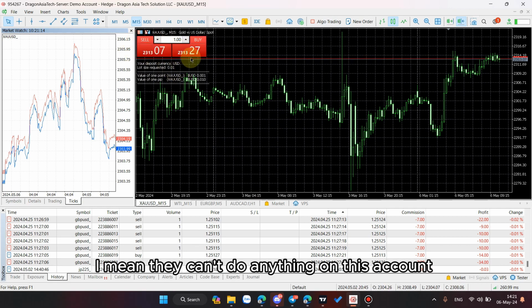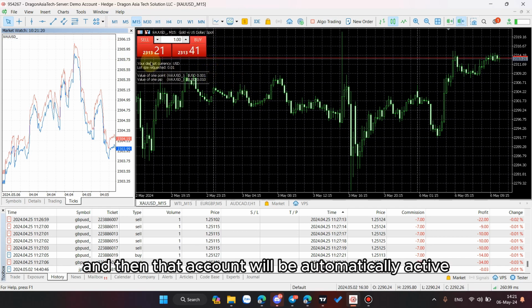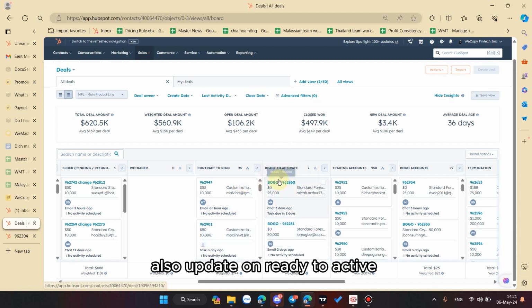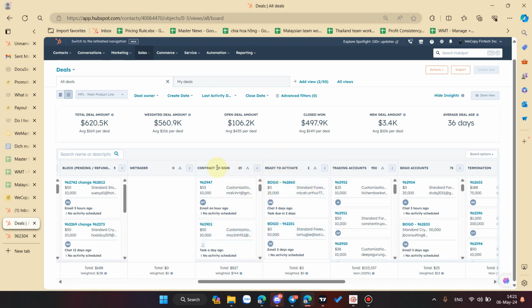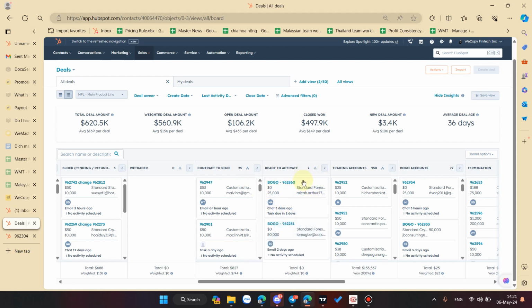They cannot do anything on this account unless they finish signing the contract, and then the account will be automatically active. Then they can trade. All right. Also, if they are on ready to active, which means the contract is already signed, but somehow it's not activated yet.